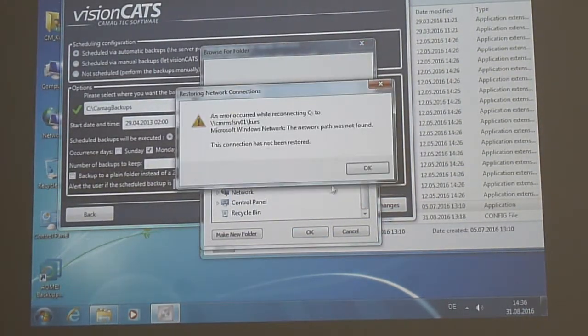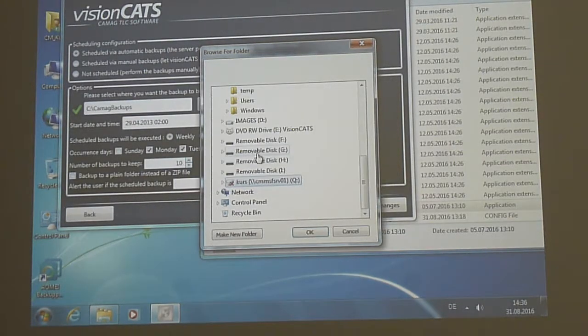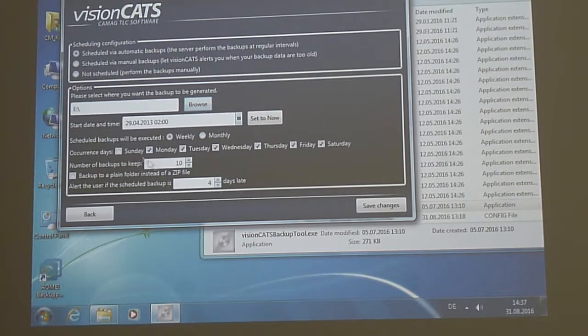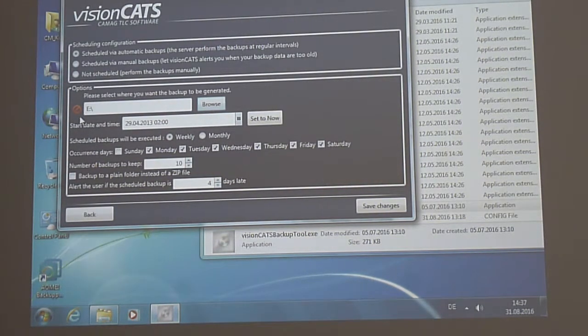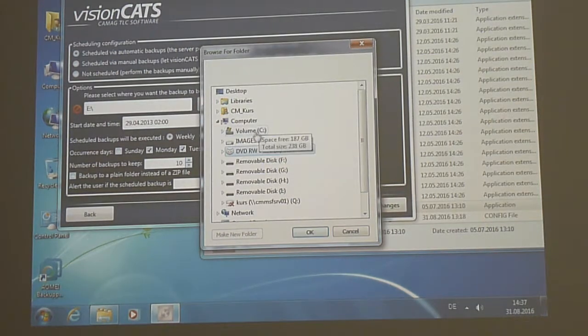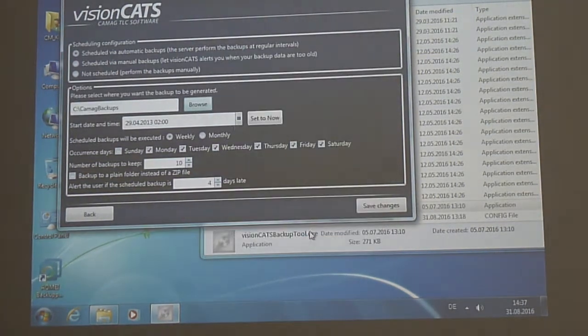I go now to the Q drive. Okay. So you see here the E drive, and now it says no. So it tries to write, and now it sees okay, there is a CD in, I can't write, so it says stop, this won't work. So this is always important. If you have a stop sign here, the backup won't work for me. So I have to go back to see Camag backups, and with that it is checking now, checking,